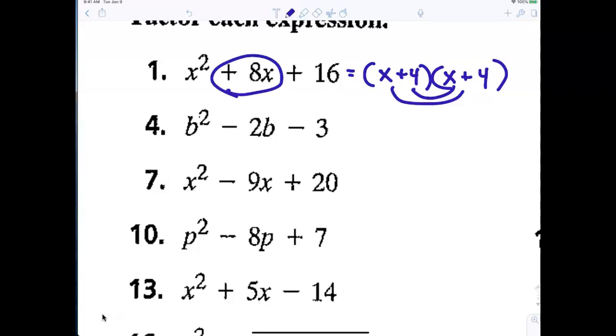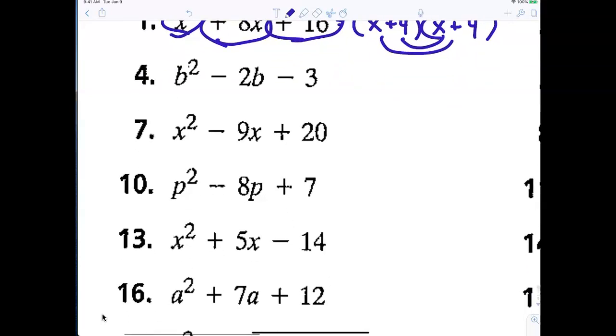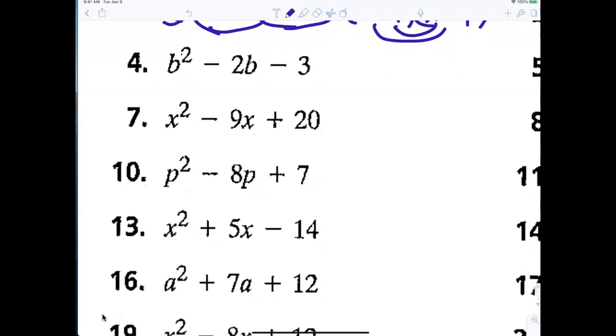8x. X and x makes x squared. 4 times 4 makes what? 16. That's how simple. All right, Leighton, you're up. Number 4, we're going down the page. All right, so would